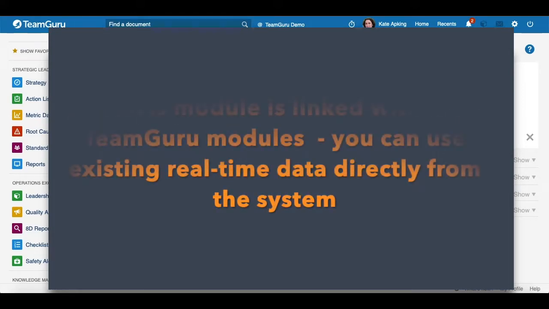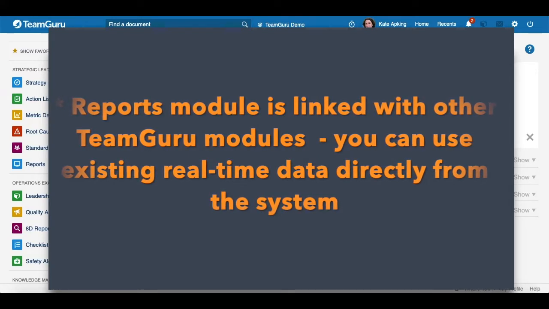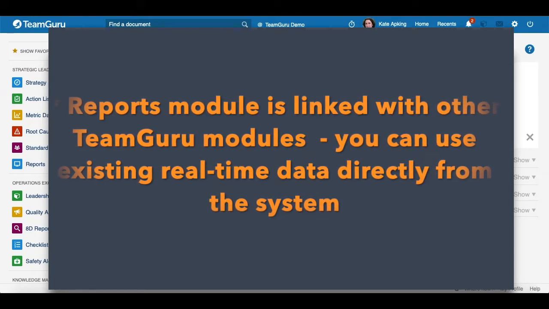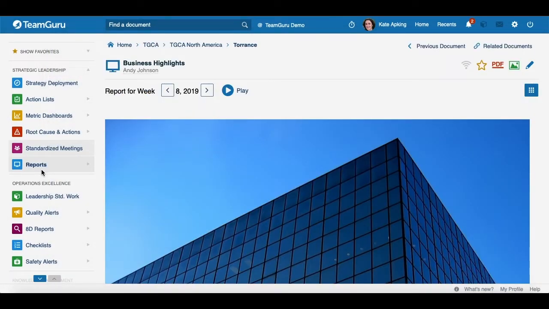And Reports module is also linked with other TeamGuru modules that gives you a great advantage to use existing real-time data directly from the system. Before we start and learn how to create a new report, I would like to show you quickly already existing report. And here you will see that our report structure is very similar to PowerPoint presentations,